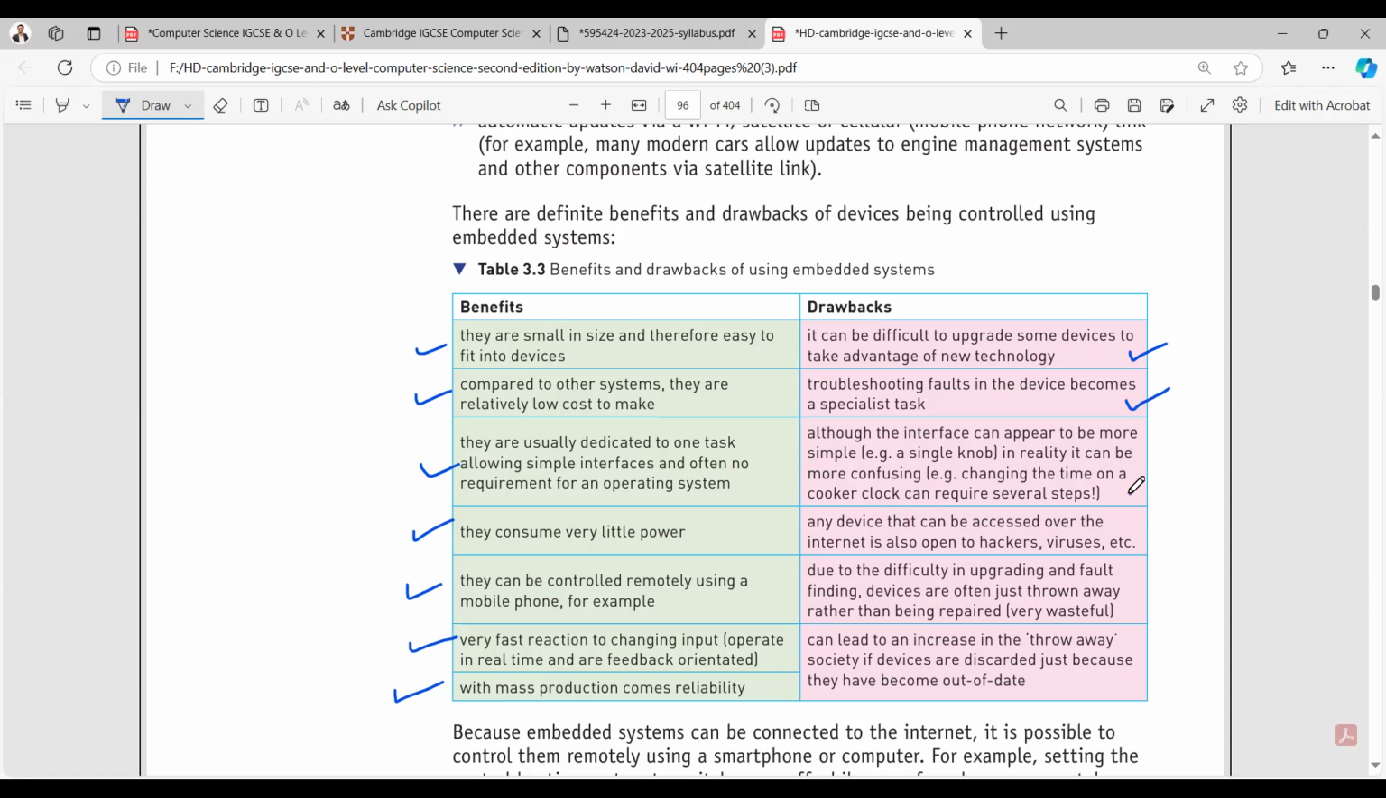Although the interface can appear to be simple, however, sometimes it can be more confusing, or sometimes you can face some of the drawbacks or some of the errors as well. कुछ bugs, कुछ errors आपके पास इन devices के अंदर आ सकते हैं। अगर device आपकी इंटरनेट से connected है तो it is always open for hackers and